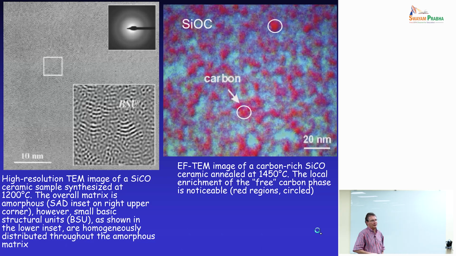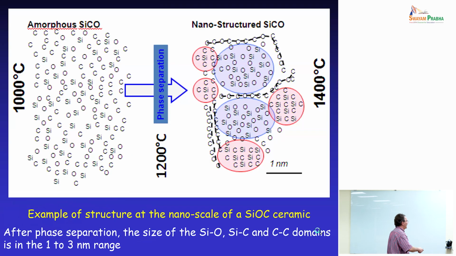And again, people talk about graphene simply because it's fashionable, but you do not have individual sheets or exfoliated sheets of carbon inside these materials. And you can see here that for silicon oxycarbide at 1000 degrees, you have a fully amorphous material. If you start heating at higher temperatures, then you have carbothermal reduction reactions. So you expel CO2 and you form silicon carbide. And depending on where you stop the process, you have a